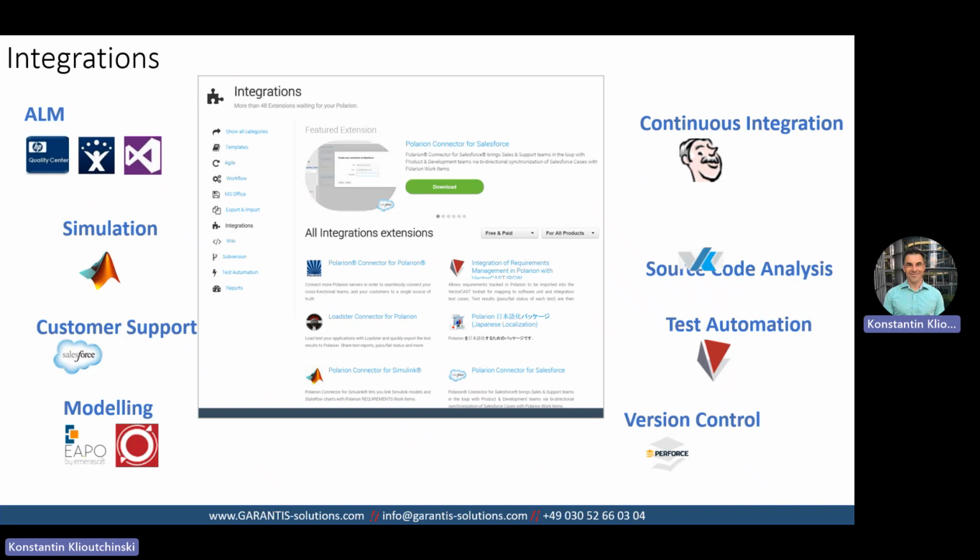Enterprise Architect or Capella, they are used for model-based system engineering. MATLAB Simulink, it's very useful and it has integration, even more than one. You might have some test automation, version control, maybe not only SVN inside Polarion, maybe GitLab, maybe Bitbucket. You can have continuous integration, Jenkins, and there are many other tools, and there are quite a few integrations available